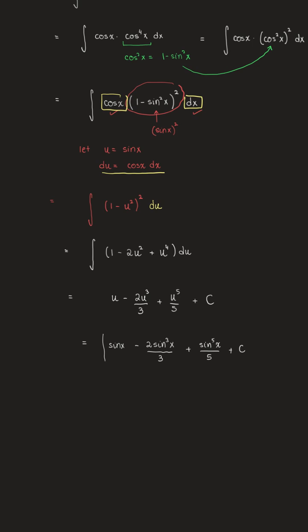So case 1 and 2 are very similar. You just use one or the other depending on which of the powers, whether it's the power of sine or the power of cosine, is odd. And the final case that we're going to tackle in the next video is when both m and n